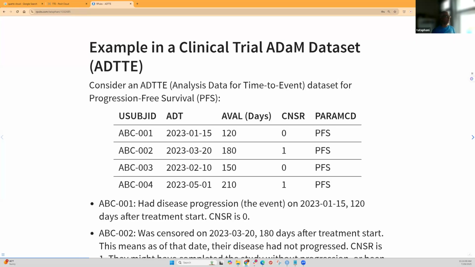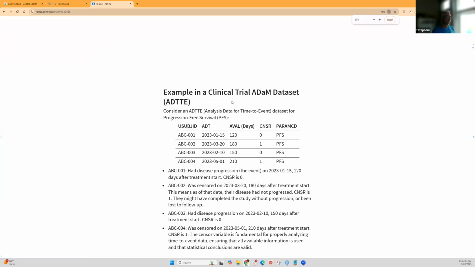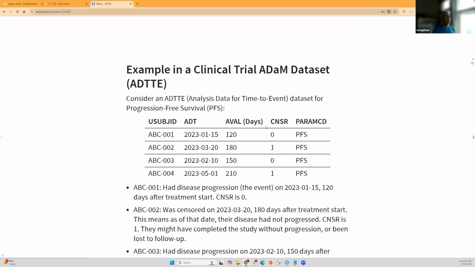It's a small example that I would like to consider, but it's simply explanatory, right? We have three, four subjects, and the date of analysis is basically 120 days. He had a progression zero. I missed the point where, as per the analysis date, we were considering 150 days or 160 days, depending upon the trial analysis. So he had the